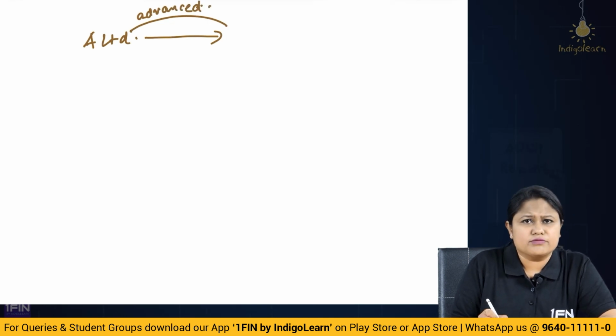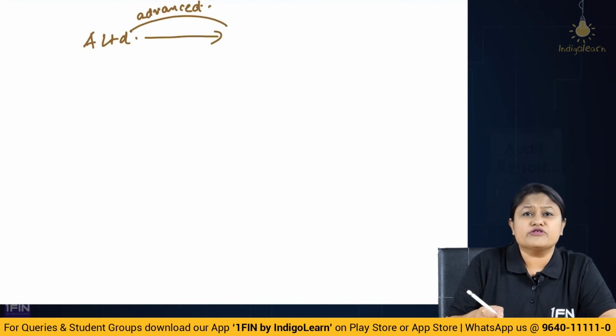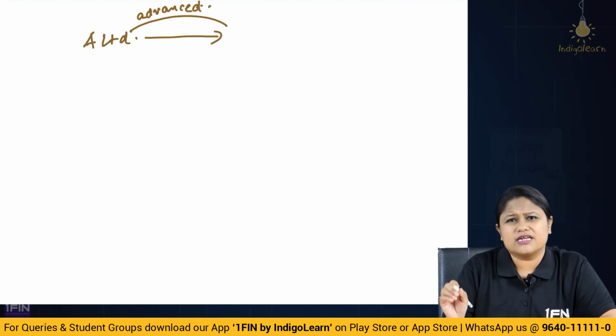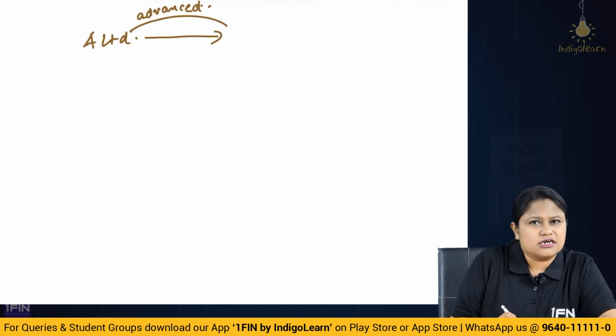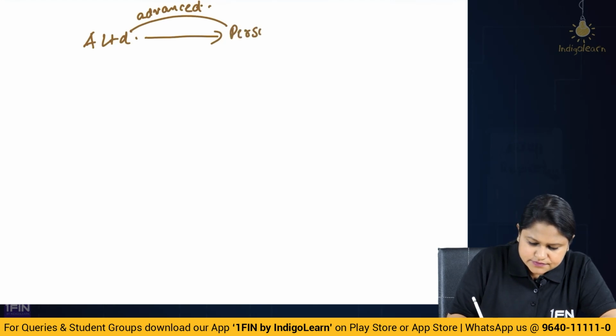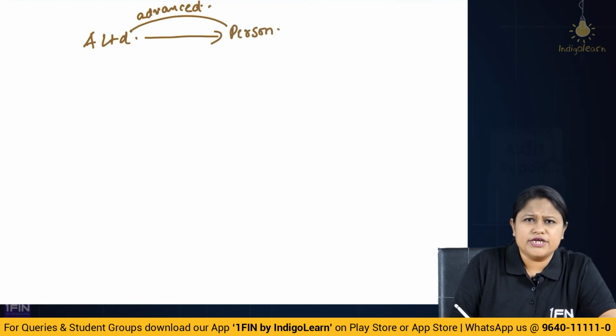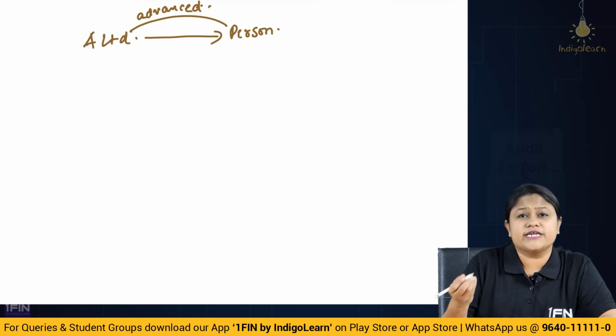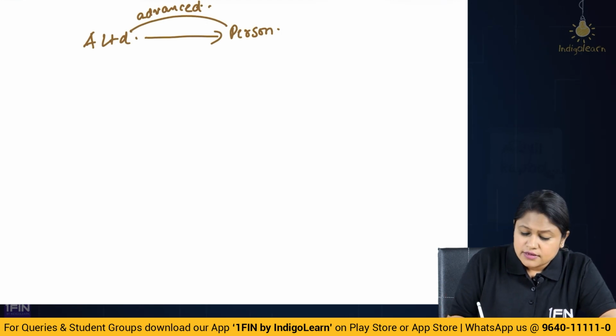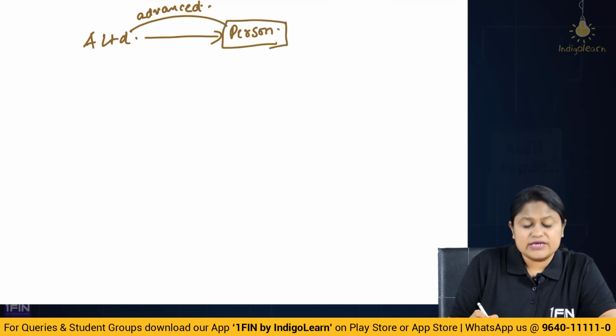This money could be either from the capital, it could be from share premium, or it could be from the amount which they have borrowed, or from any other funds. So the company has certain funds which they have advanced to another person. This person could be a company, it could be any entity, it could be a foreign entity also. Okay, but they have given an instruction, or they have given an undertaking in writing to this person, this entity,